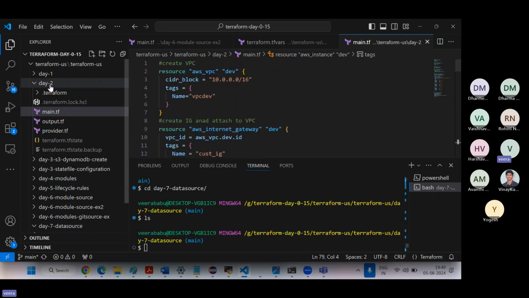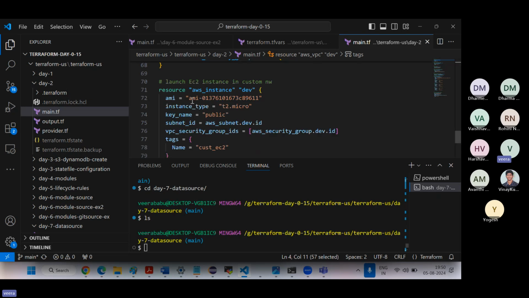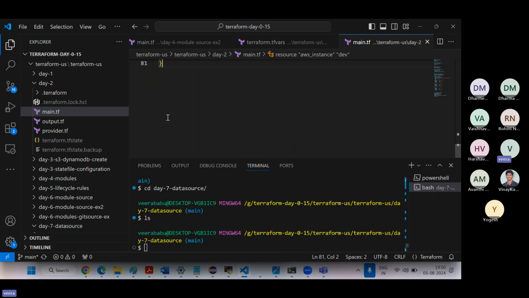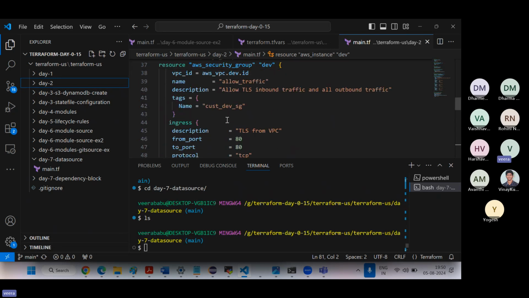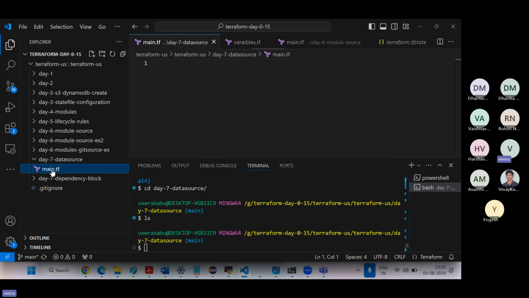So for example, if I execute this now, the VPC, subnets and everything will be created. And after a few days, if I get a requirement to create one more server in the existing VPC, in this case you no need to create one more VPC along with the resource. Simply create a resource block for EC2 and call the existing VPC. So data source is helpful to call an existing resource. No need to create VPC and subnets every time. So in this case, if you can see my main.tf,